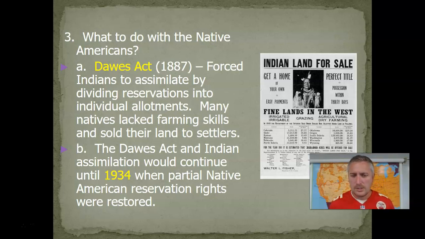And so what do you do with these people that are so different in many ways, in cultural ways and whatnot? In 1887, there was a law passed called the Dawes Act, and what that did was try to assimilate. Assimilation is going to be a word we come to a lot in this first unit. To assimilate means that they would take Native Americans and cut their hair. They would basically destroy their cultural elements.